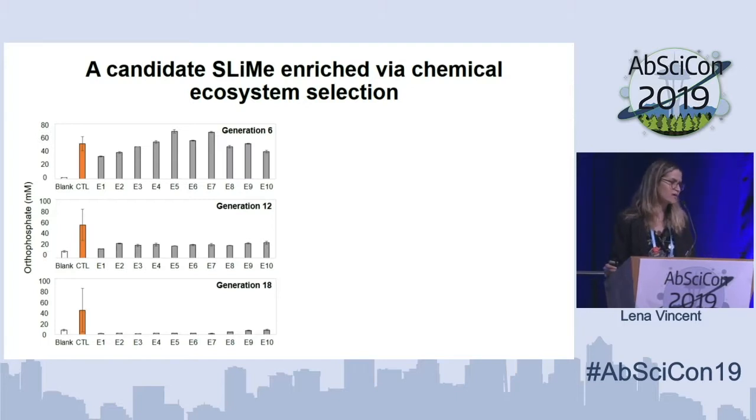And that orange bar is the average of a control pool that's set up using the same reagents at the same time, but only exposed to one history of transfers. What you can see from this plot, hopefully pretty clearly, is that as the number of generations increases, we have a progressive decline in the amount of phosphate we detect. And so we infer that to mean, pretty simply, that a history of transfer matters.